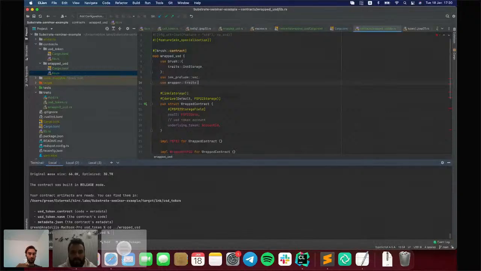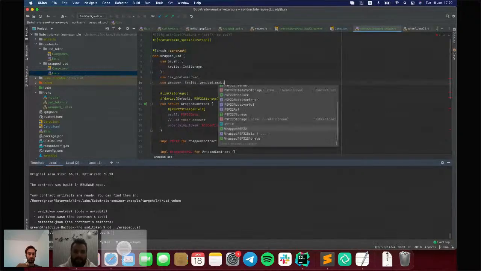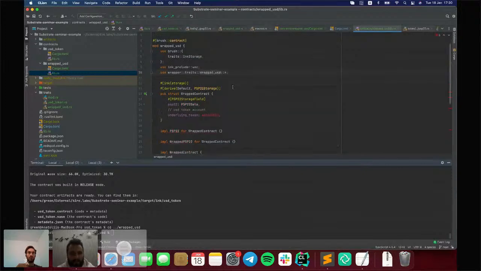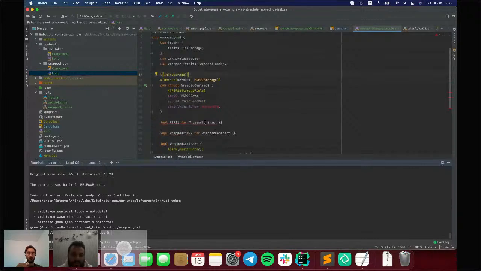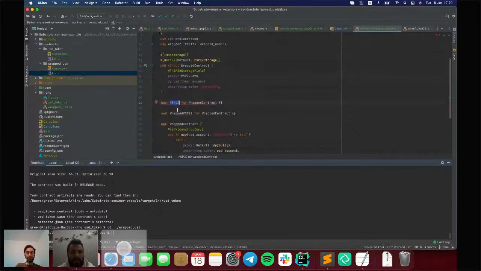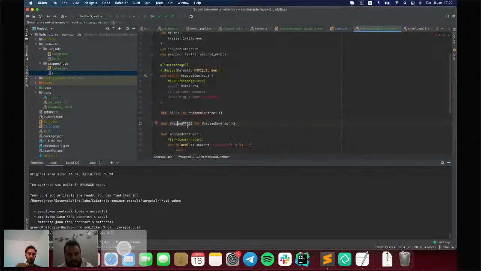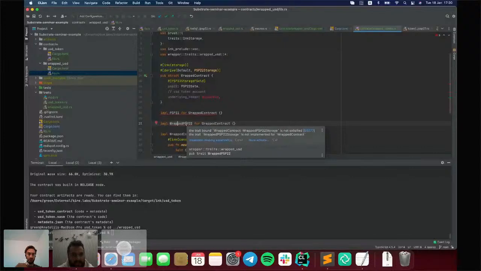Yeah, traits, wrapped USD. We will import everything. So it will import a default implementation for PSP22. And also we imported the wrapped PSP22, but it says that we didn't implement a wrapped PSP22 storage. So let's implement it now.